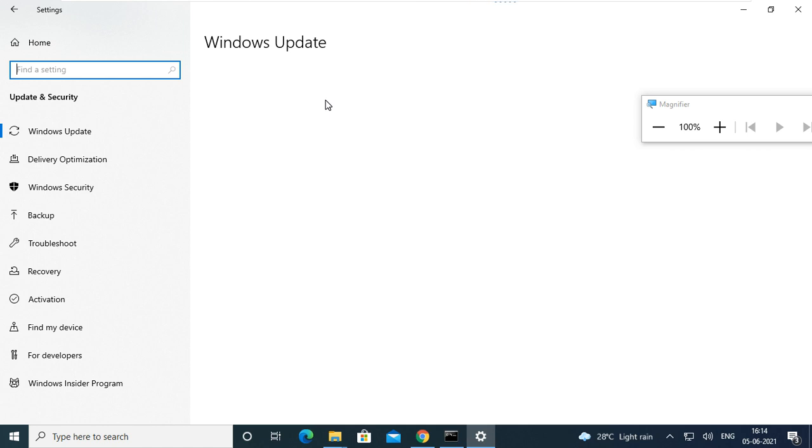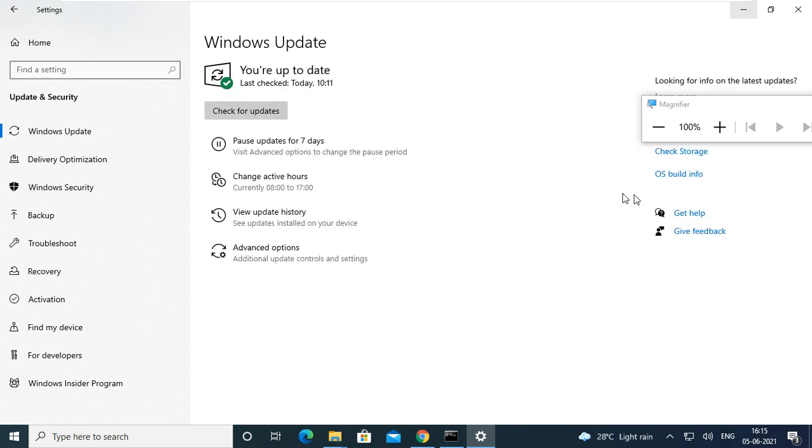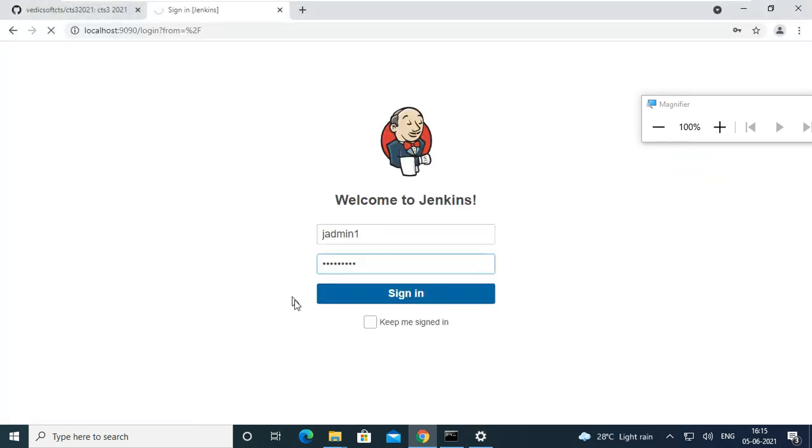Okay. So it is better, always, after installing Windows 10 in a virtual machine, to stop your updates. There is an option for that.